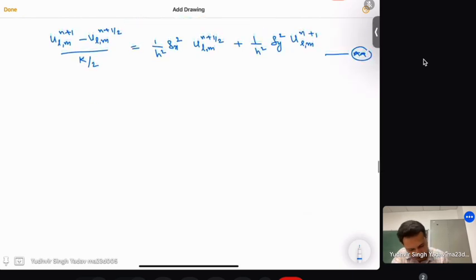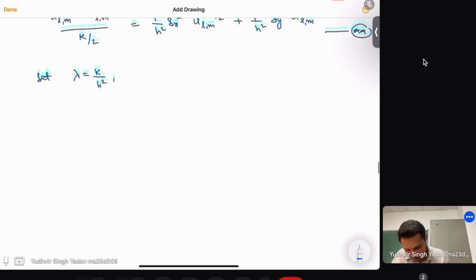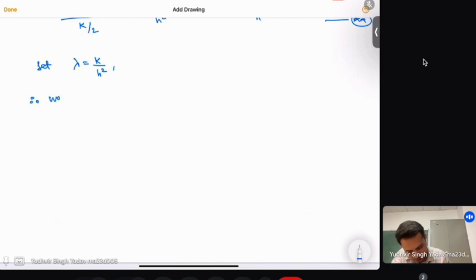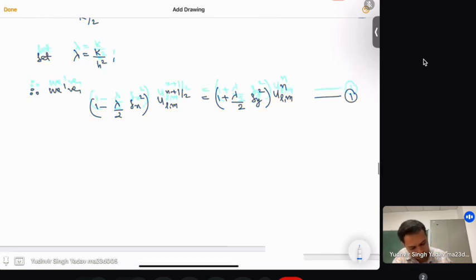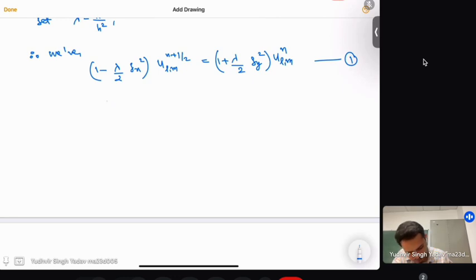Now I will simplify this. So we set lambda equals k by h square. Therefore, we will have 1 minus lambda by 2 delta x square u l comma m n plus half. So this is just a simpler form of writing the above equations, that is star and double star, and it is numbered 1. And the second step is